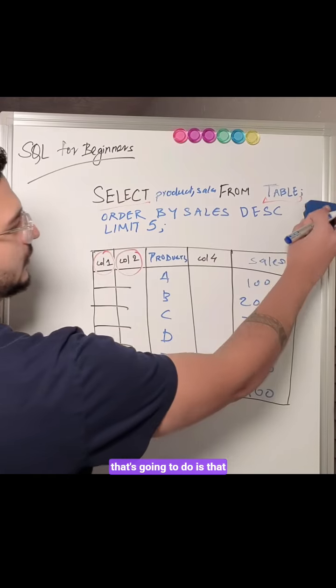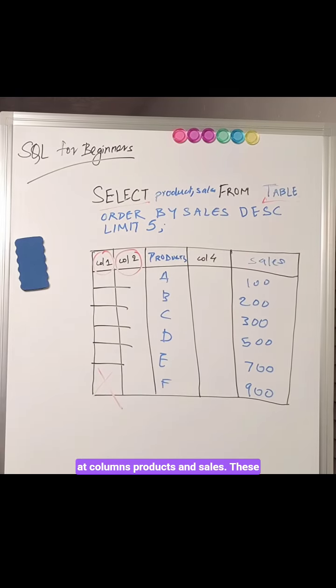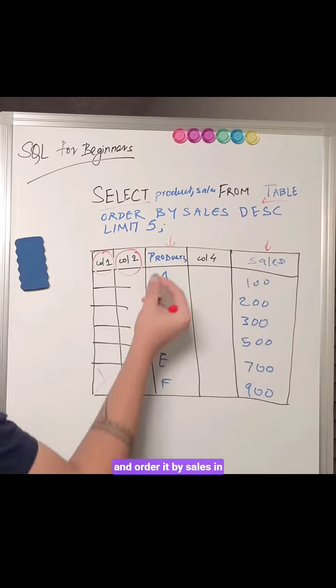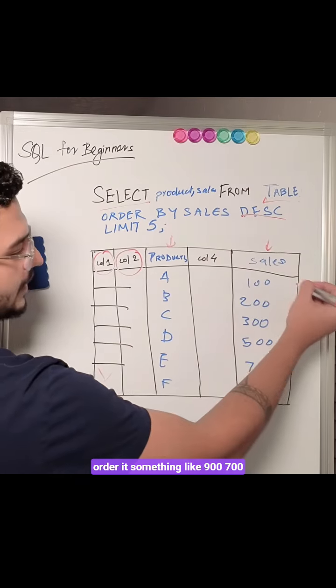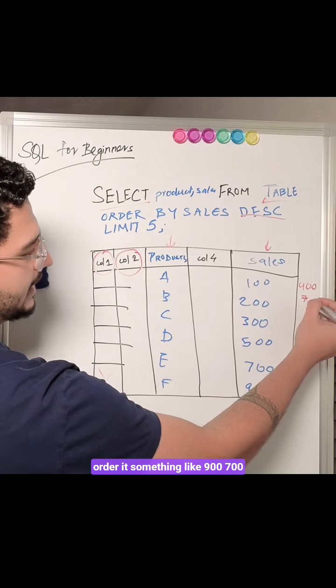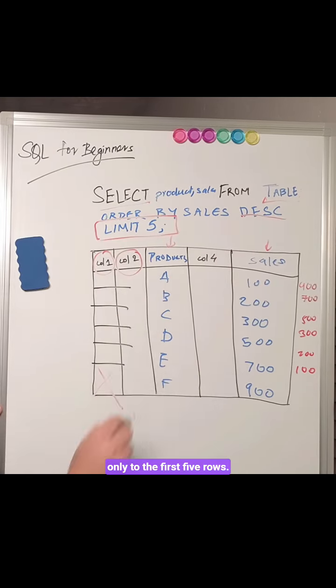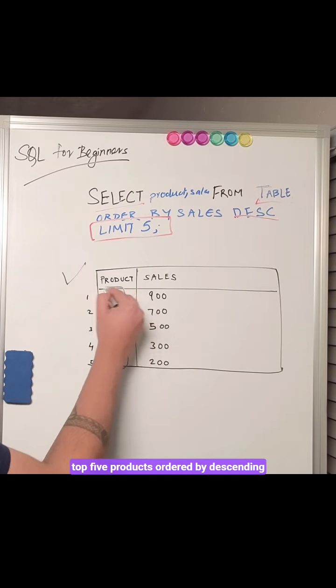And what that's going to do is give you products and sales. So we are looking at columns products and sales. These are the 2 columns that you get in the resultant set. Then you're saying from this specific table and order it by sales in descending order. So it's going to order it something like 900, 700, and 100. And then you're telling it to limit the resultant set only to the first 5 rows. So this query will basically take 1, 2, 3, 4, 5. And your resultant set would look something like this, where you have the top 5 products ordered by descending order